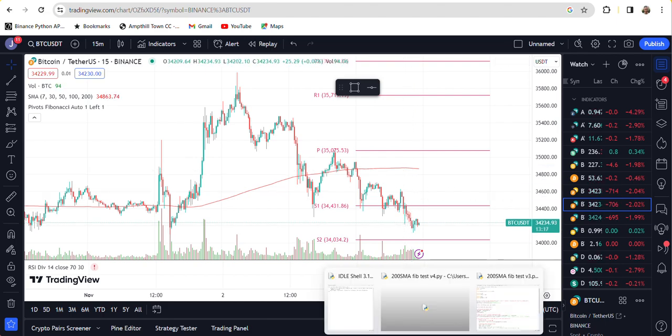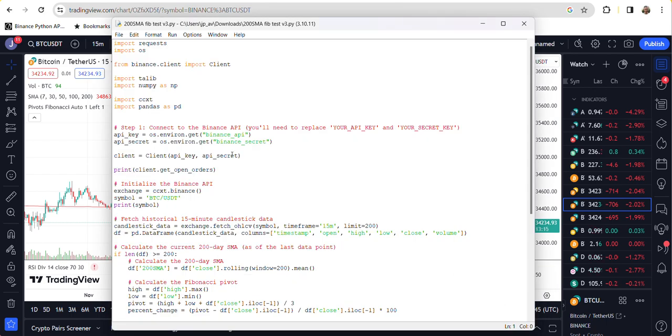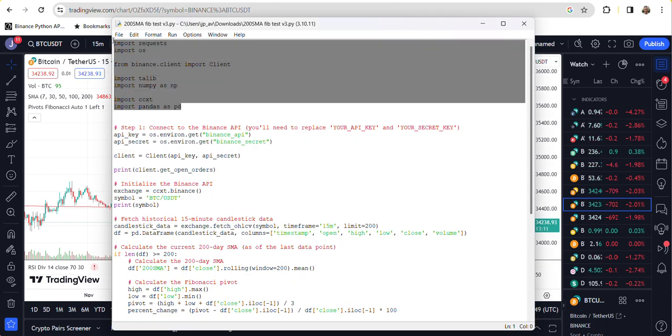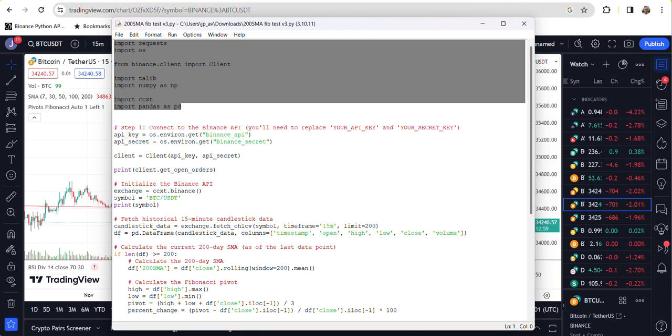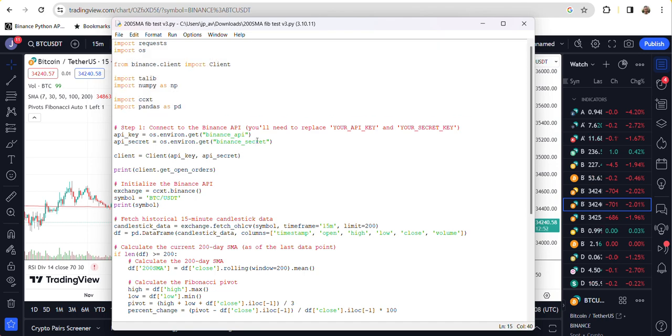Okay, so we've got some code here, and I'll talk you through it. We've got various libraries that I've imported, and if you don't know how to install libraries in Python, just go and look that up. That's beyond the scope of this video, but you'll need to install those libraries. They're not all used for this particular code, but as we go on and improve it, they will be used.